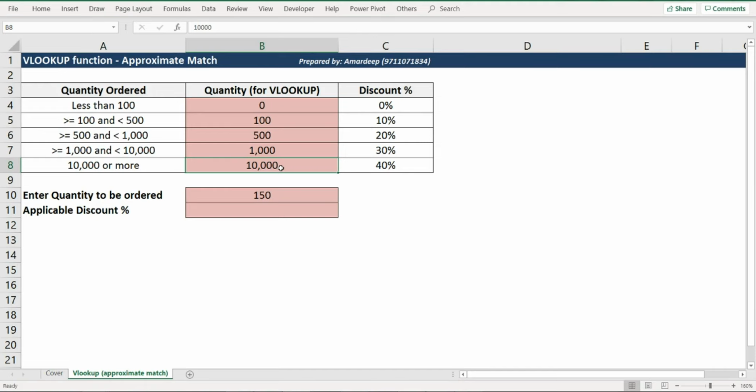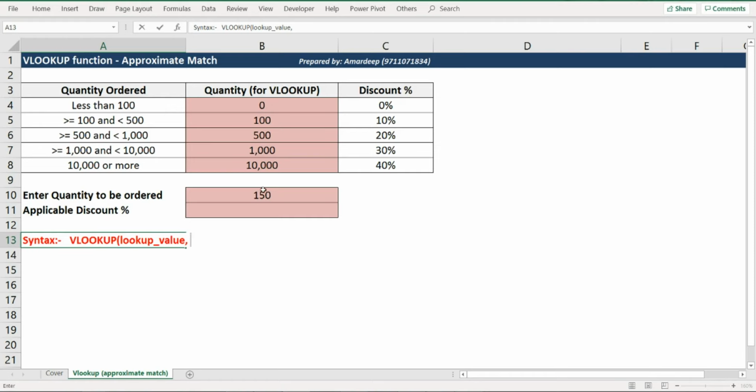Okay. So what we need to do now is go over here and put the VLOOKUP function. Before I put that VLOOKUP function, let me just write the syntax of the VLOOKUP function over here. The syntax of the VLOOKUP function is, you need to mention VLOOKUP and then first of all give the lookup value, which in our particular example is 150 units given in cell B10.